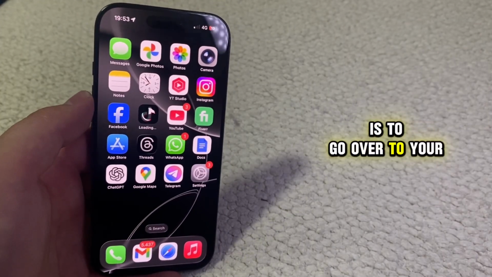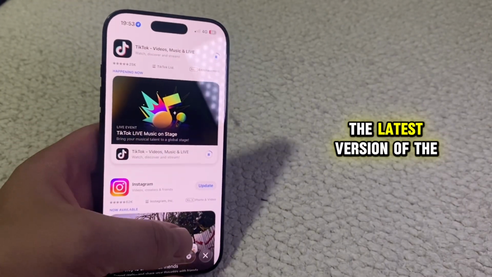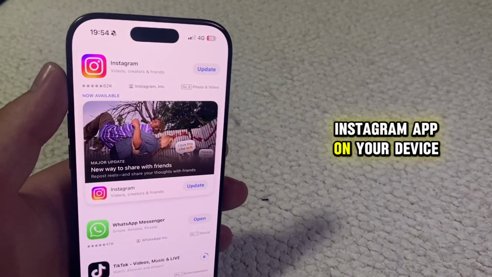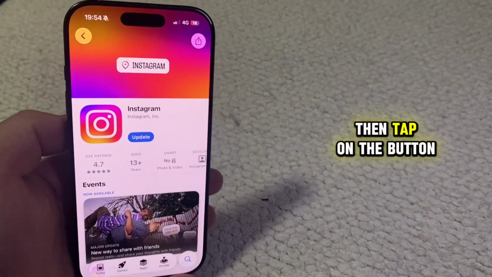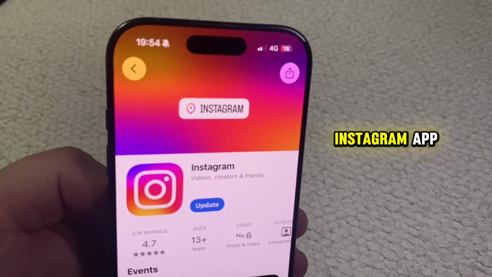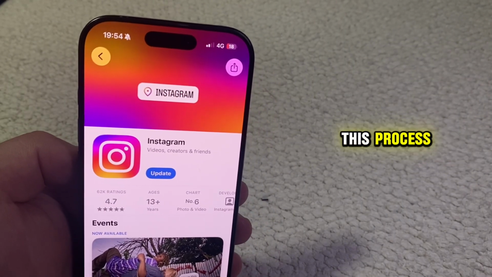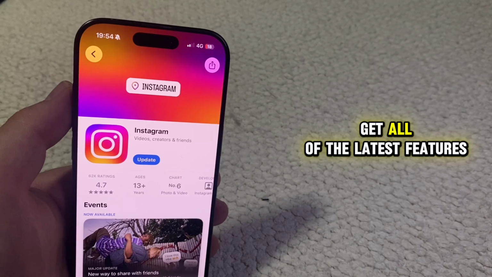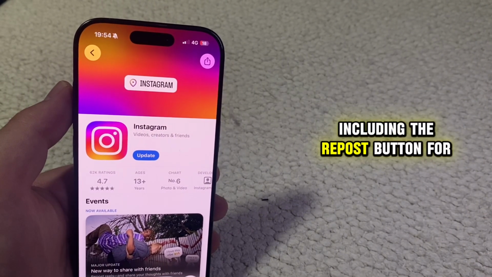And the first step in this process is to go over to your App Store or the Google Play Store and then check if you're running the latest version of the Instagram app on your device. If you have this update option, then tap on the button and wait a couple of minutes until the latest version of the Instagram app downloads and installs on your device. This process is going to ensure that you get all of the latest features and functions, including the repost button